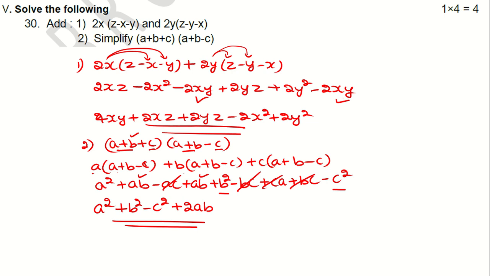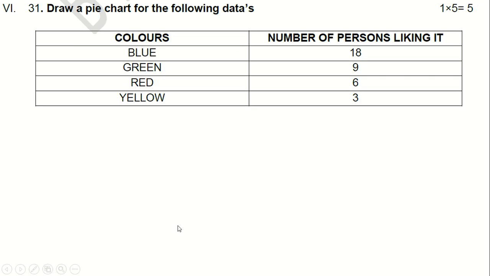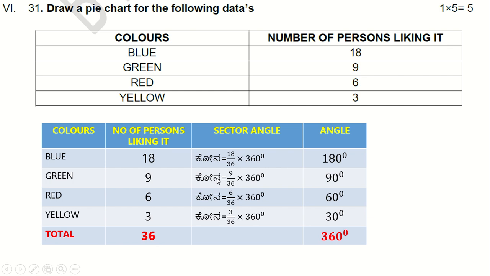So next we move on to the 31st question. Here draw a pie chart for the following data. So for this data we have to find out the angles, that is sector angles. For getting the sector angles we have to convert the data into angles. So angle is equal to,